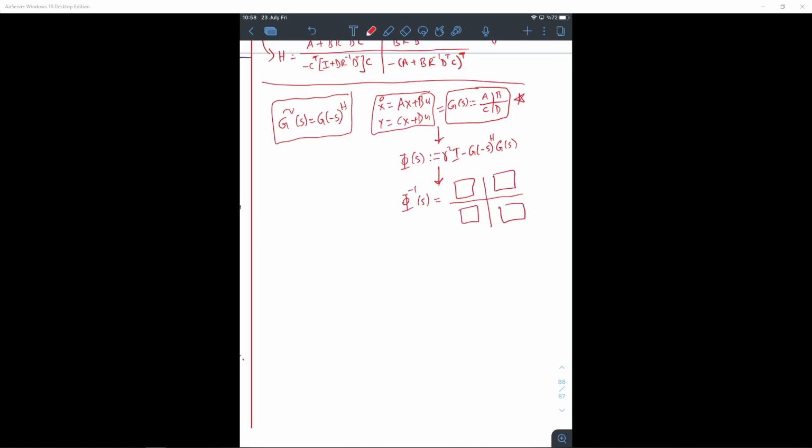I just use this notation, and we are going to call the state matrix of phi inverse H, just use this, H is Hamiltonian, okay, alright, and